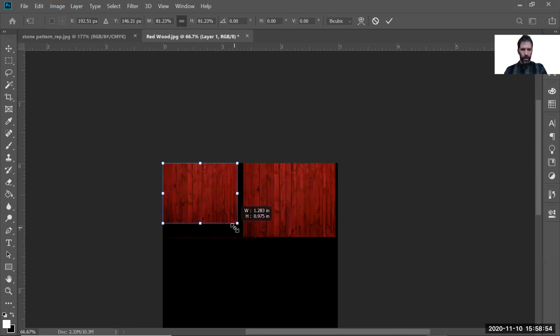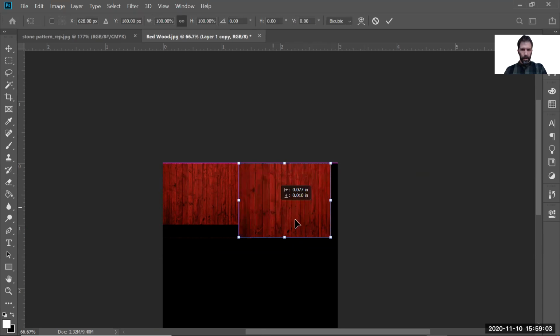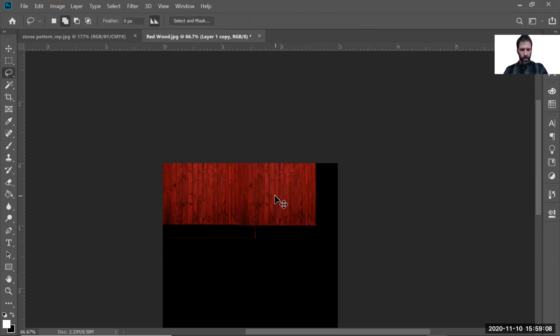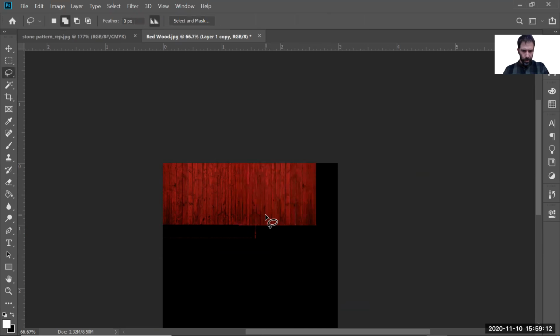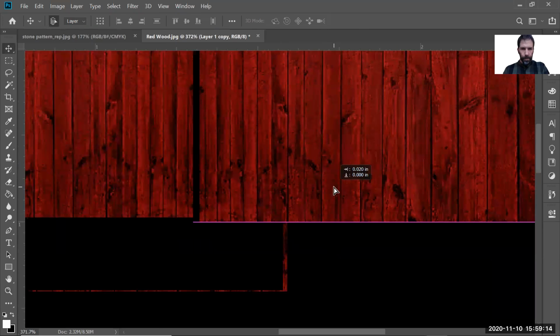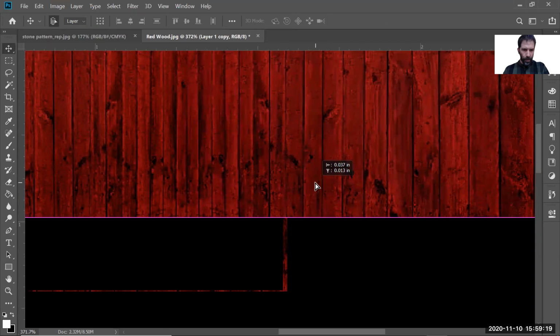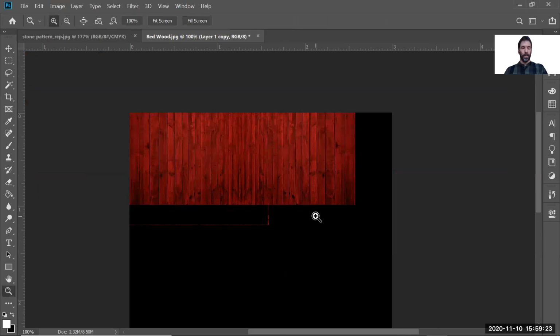Control T, you can start scaling these things. Control T, snap. Listen here, but I also Control T and flip horizontally, no? So that would be a perfect continuity. It should match them perfectly, and I could even put the first wooden slab on top of each other. Then I could also just